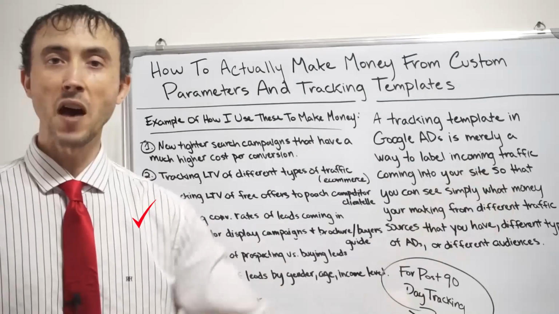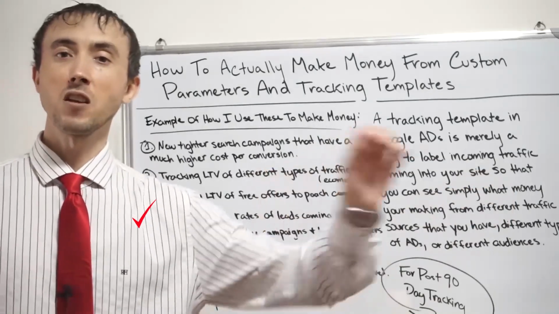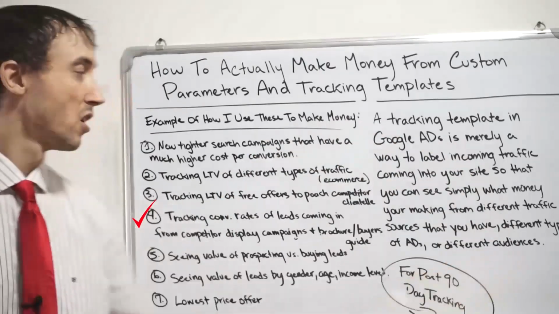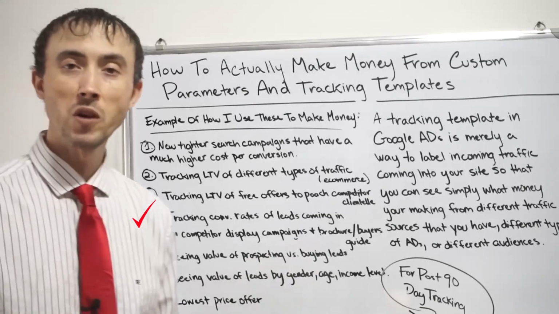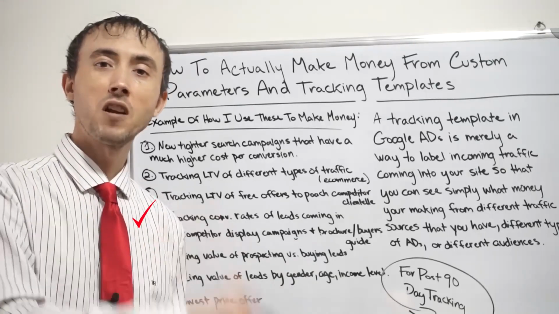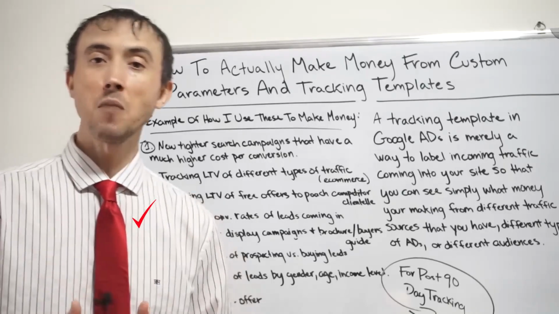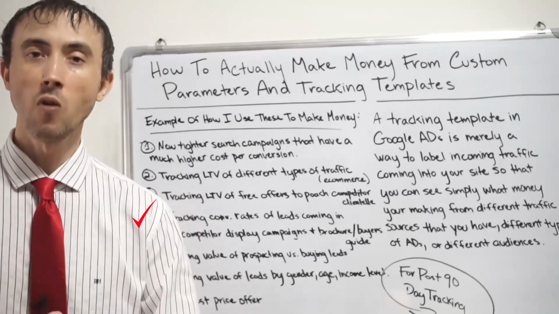What's the value of somebody who's been on a competitor site recently versus somebody who hasn't, so that we can identify how much more we can spend to get them to click through our ads, which gives us the capability to actually spend more,